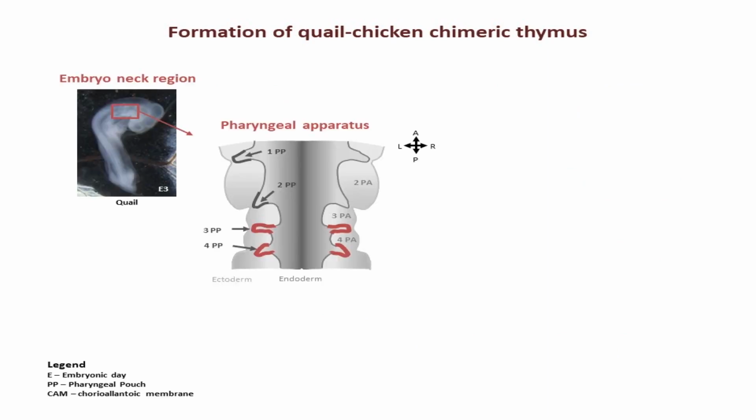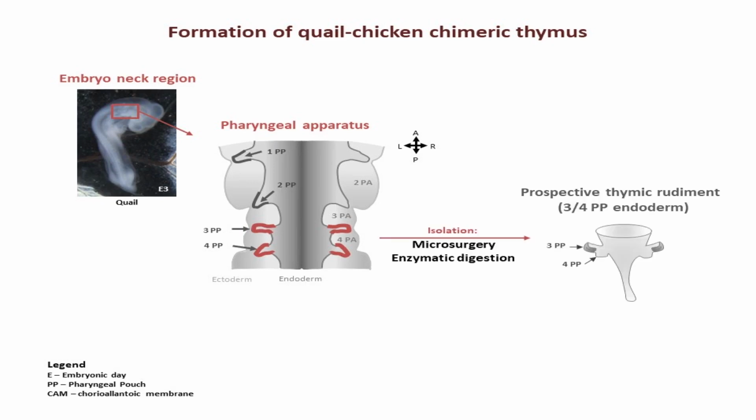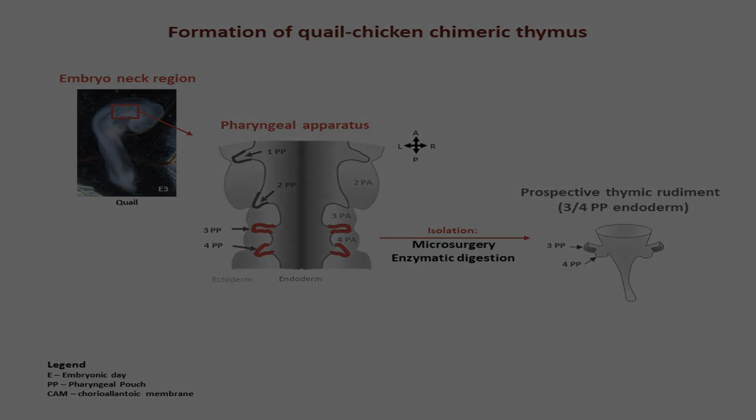As an example, herein is described the formation of Quail-Chicken Chimeric thymus from isolated embryonic tissues. First, the endoderm of the third and fourth pharyngeal pouches, the prospective thymic rudiment, is isolated from the pharyngeal region of quail embryos with three